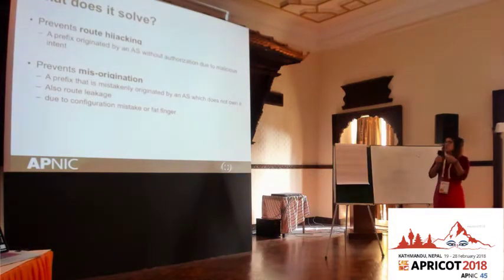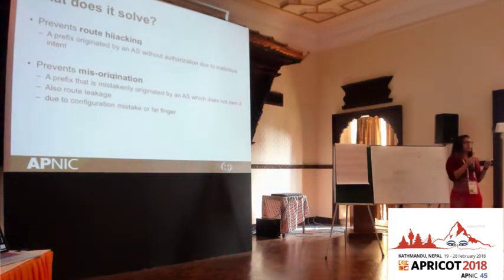So it solves those two problems that we were mentioning, route hijacking or misorigination, that are two names, it's like two faces of a coin, right? Because in practice, it's the same. In practice, traffic is going to a different network than the network it's supposed to go to. If it is by mistake, we call it misorigination, because it's someone that, when setting up BGP, made a mistake and entered the wrong AS number or the wrong prefix. If it is an attack, if it has malicious intention, we call it route hijacking.